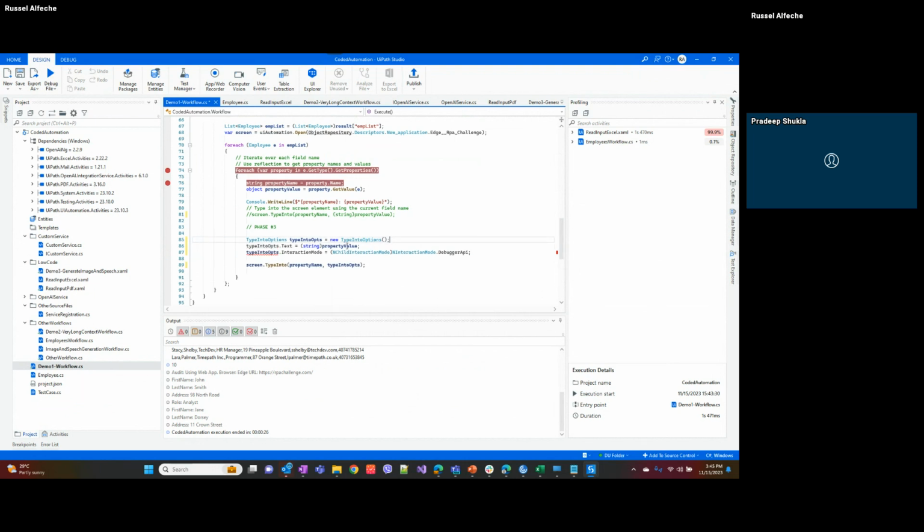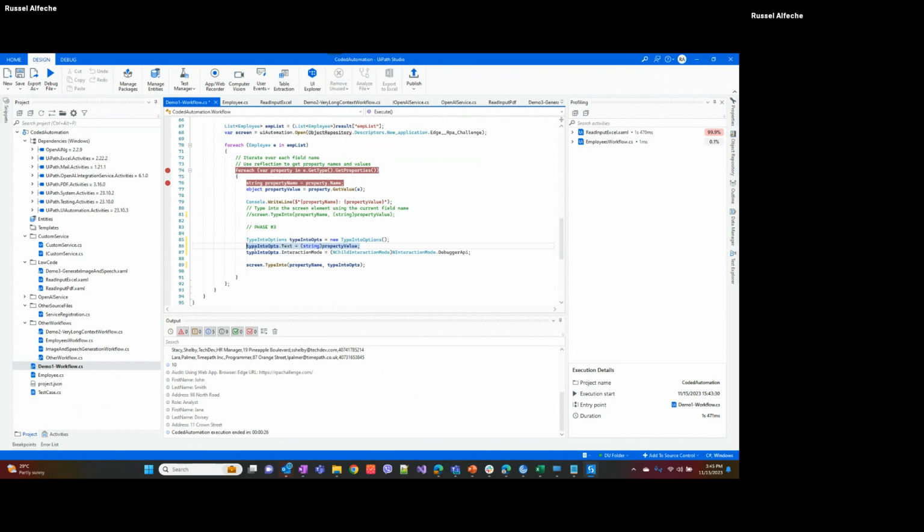So in this case, what I did is on the text, that's going to type the property value, of course, the value of the employee object, current object, and then the interaction mode would be the Chrome API, or you can also do background, right? Which is Chromium API. And you should cast it. If I don't have this cast, I will have an error: cannot convert an interaction mode to n child interaction mode. So you have to explicitly cast it to n child interaction mode, and then when you run this,